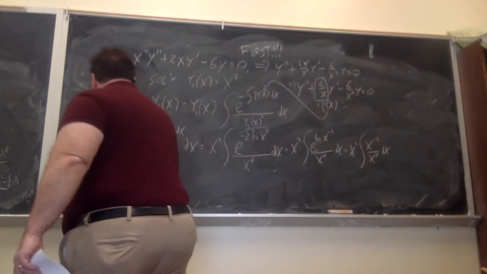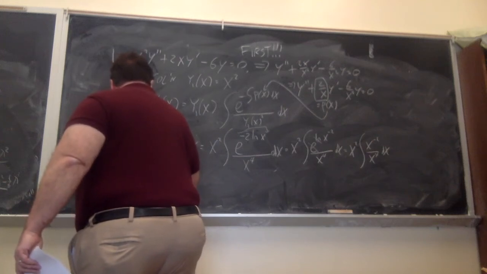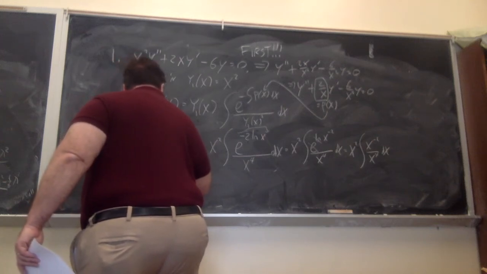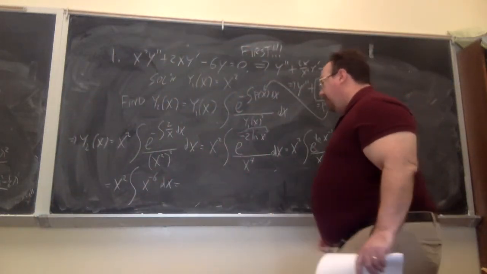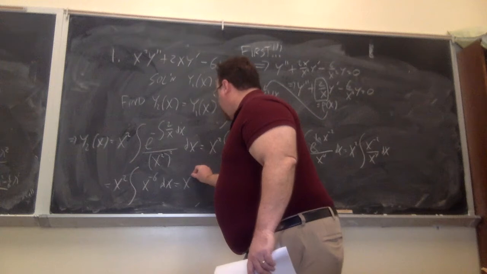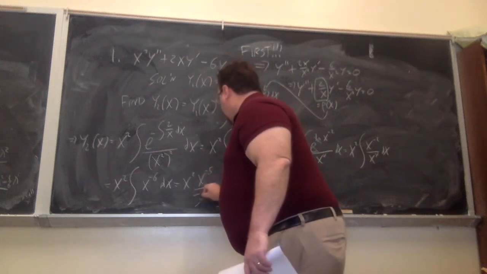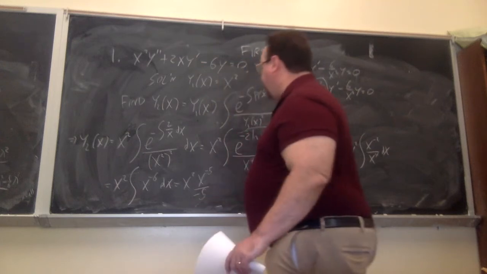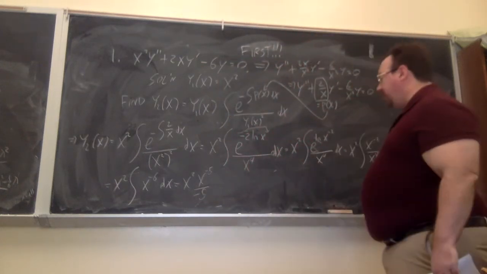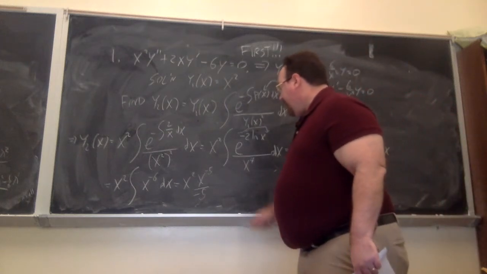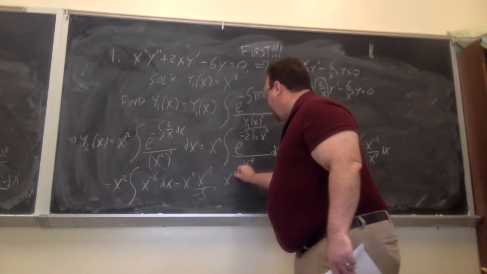So we still have the x squared sitting outside, and then we have x to the minus 6 dx. So now we go ahead and work out this outer integral. That gives us x squared times x to the minus 5 over minus 5. Don't bother with a plus c because that would be redundant. It would just be adding on a multiple of the y1 solution. Now we simplify this and we get x to the minus 3